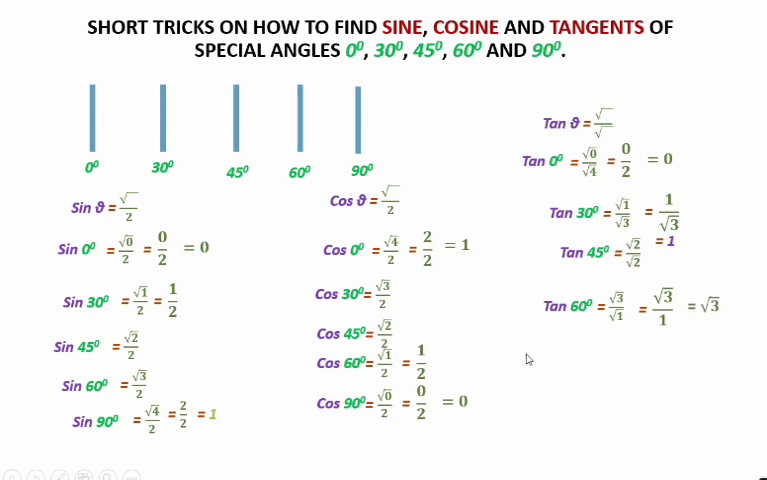And finally, for tan 90 degrees, we have 4 bars to the left and we have 0 bars to the right. So that's going to give us root 4 divided by root 0. And that is equal to 2 over 0. So when you divide any number by 0, that number becomes undefined. So in all,